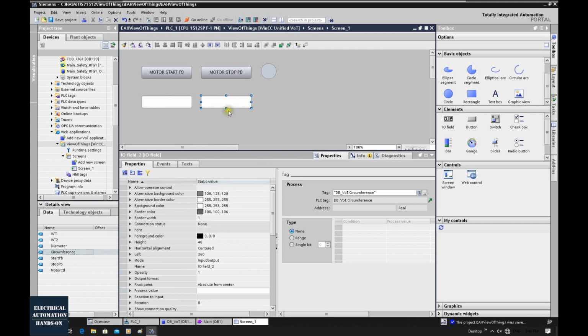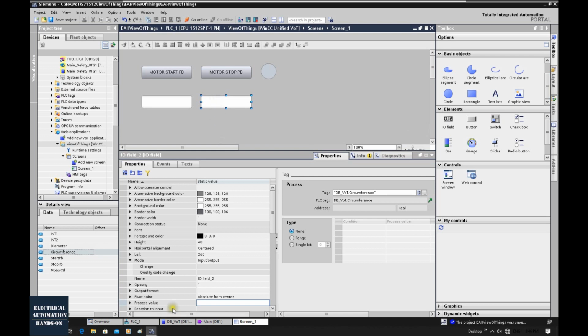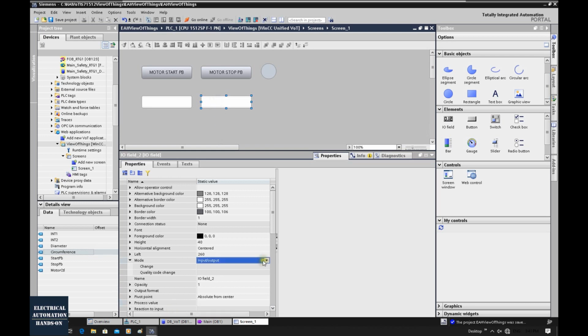Because this is circumference, it is calculated by the PLC. It is only for display. So from the mode of this I/O field, we can select output only. It doesn't allow the user to type in the value, right? This area is used to type in, and this is just used for